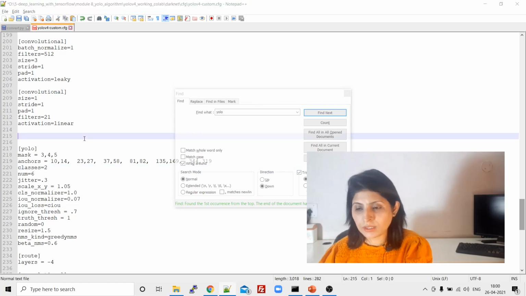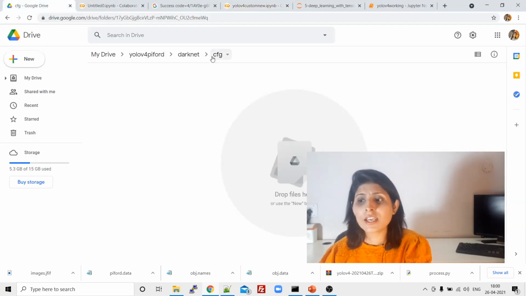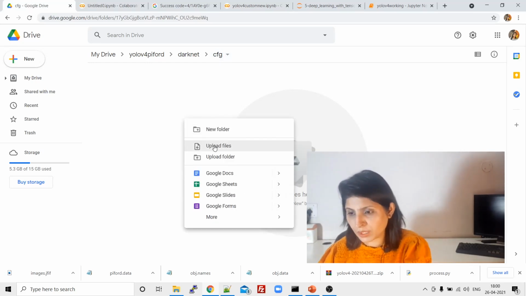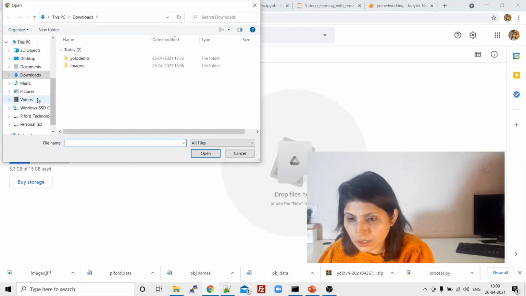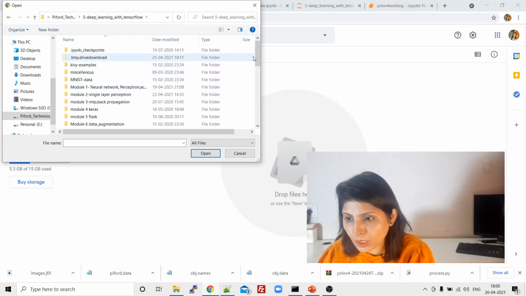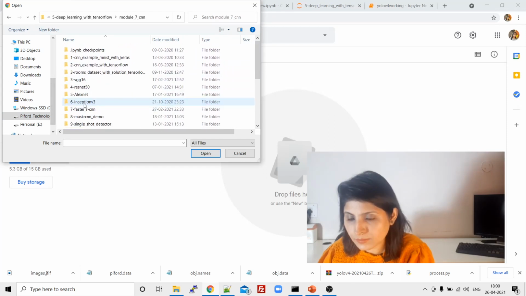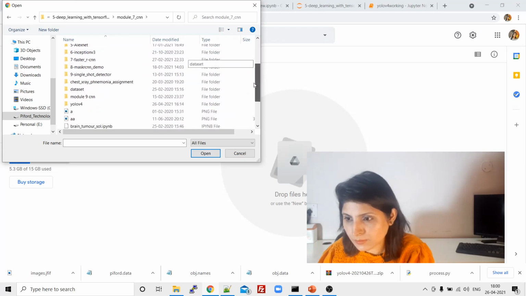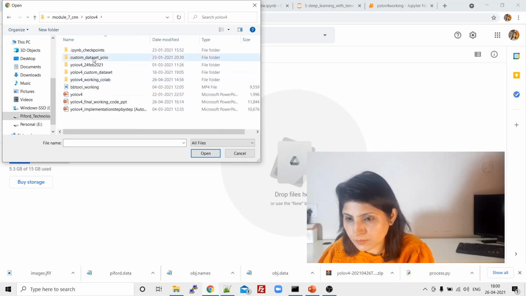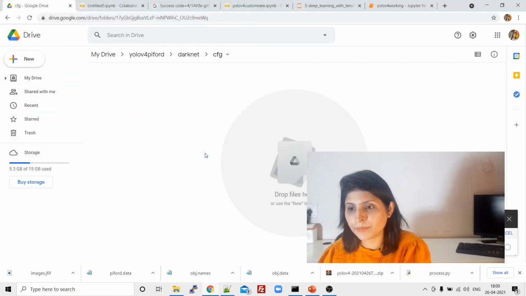And this file, where to put this file? Under the CFG folder. Okay, so now let me upload this particular file from here. Upload files, and from darknet CFG, I'm uploading this file over here, right?